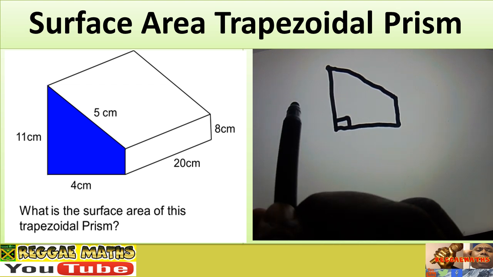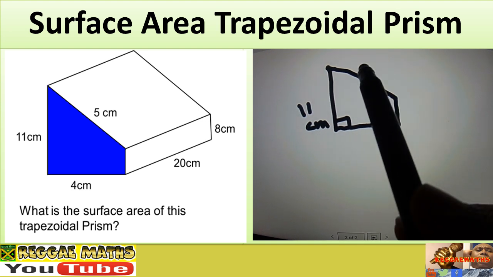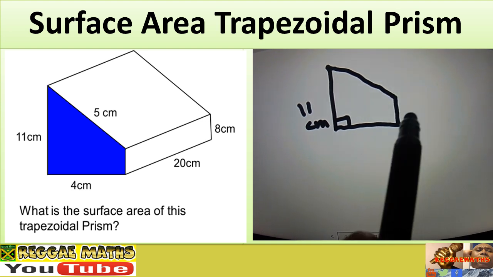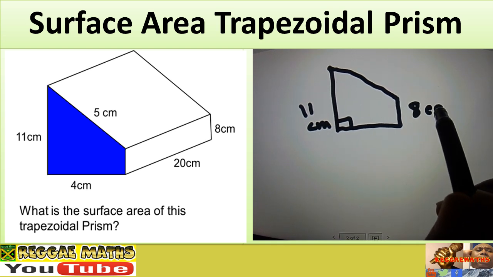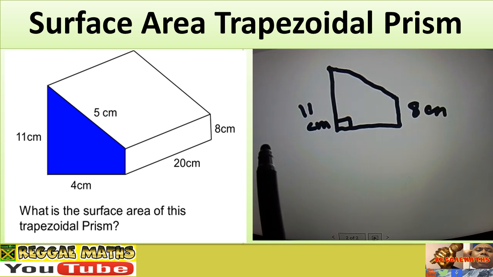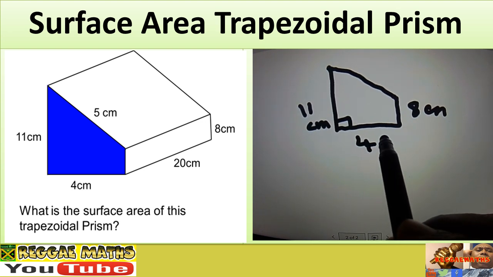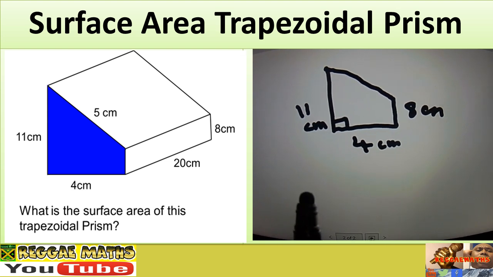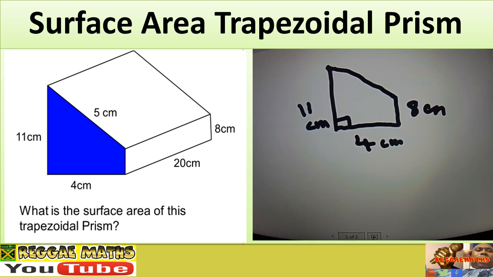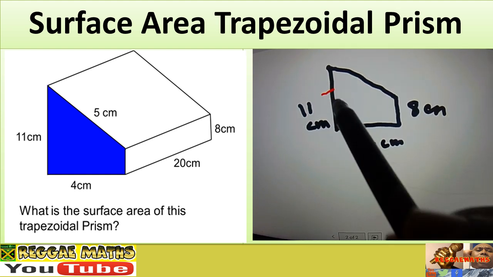So I've got 11 centimeters. We also got 8 centimeters, and we also need the 4 centimeters. Why don't I need the 5 this time? Because we're working out the area of the trapezium, and as you can notice here, the two parallel sides are 11